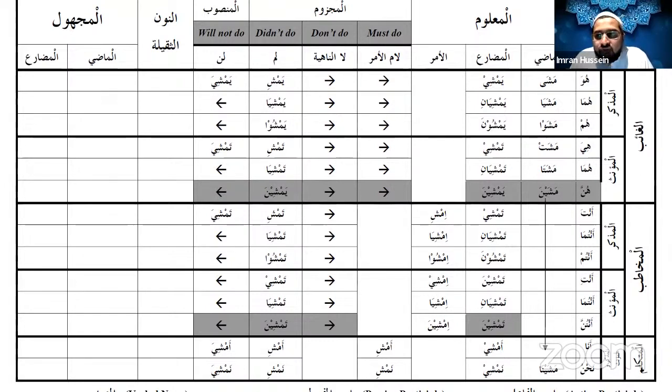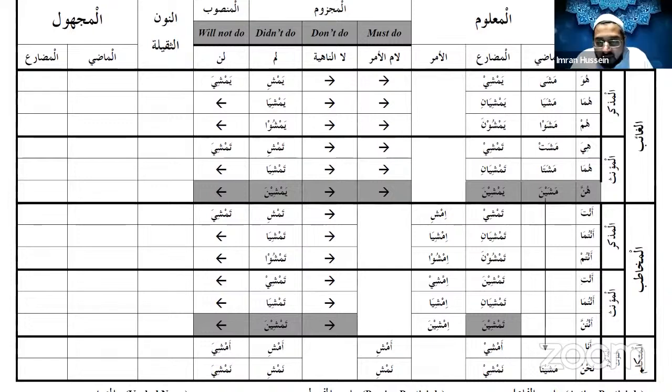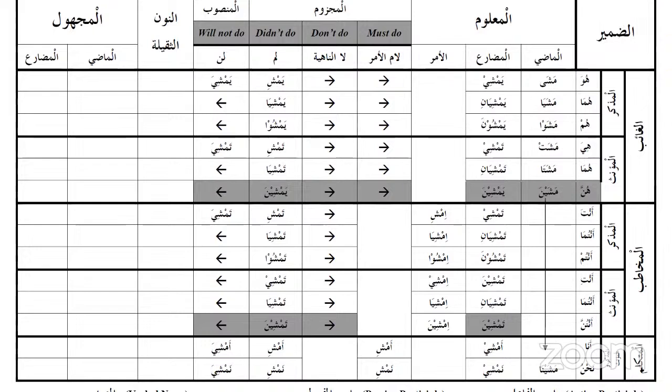The word mash we use for arba'in. So this is the actual word itself, the verb: masha yamshi. And now the amr of daraba yadrib was idrib. Here, imshi, just dropping of the... Imshu, imshi, imshia, imshina. Correct.